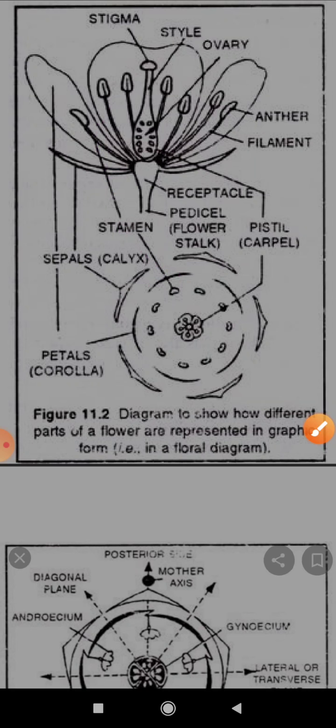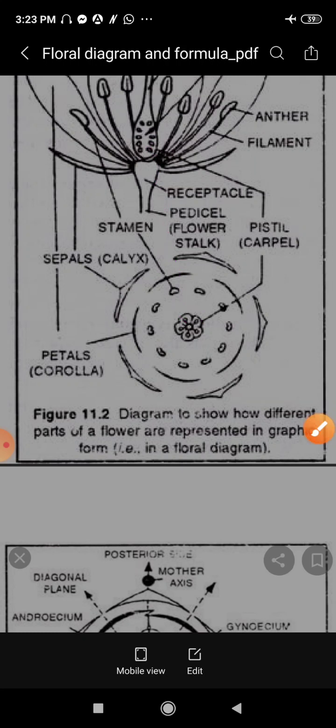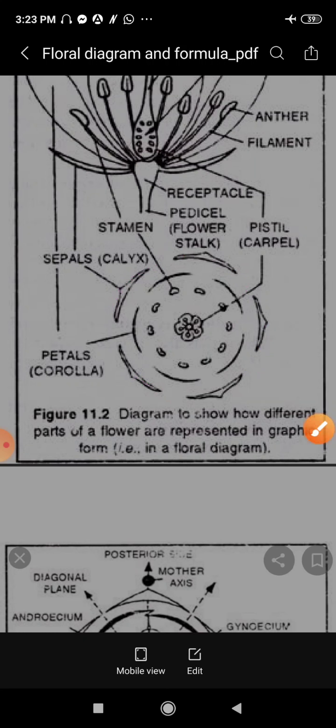We move to the innermost whorl, that is the gynoecium, and here you see the pistil, this is the innermost whorl that is represented, right? So this is very simply how you just have to learn how to represent the parts, and you will know how to arrange, right? And then of course this arrangement here shows the estivation. Now you can show how the sepals and petals are arranged, what is their estivation in this form.